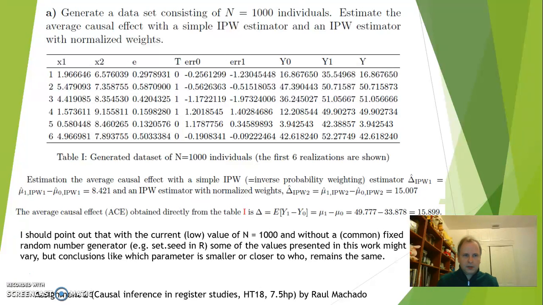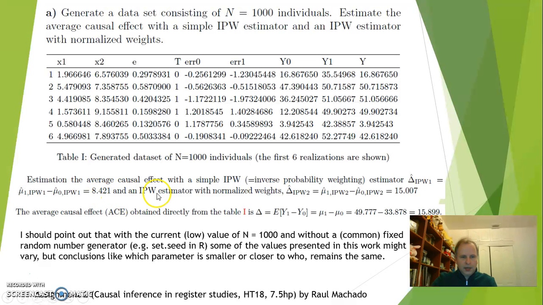Okay, the first exercise, part A, is about generated data sets. As you can see here, this data set only shows the first 6 realizations for the covariates, the propensity score, the treatment or control, the errors, Y0, Y1, potential outcomes, and the observable variables, y, the consistency assumption. And then the estimation of the average causal effect with the simple inverse probability weighting estimator is